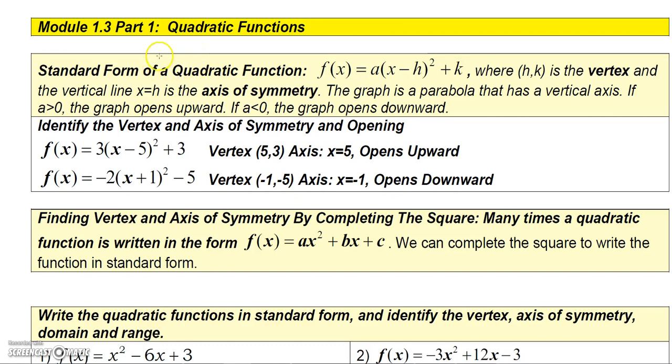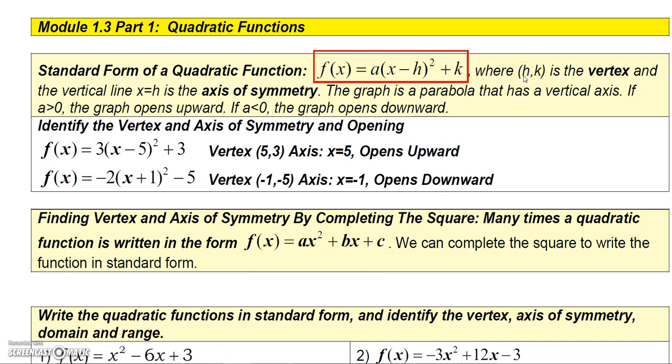Okay, this video is basically going to be called "What is a quadratic function?" So let me define a quadratic function. A quadratic function in standard form is given by this formula here, where you have some number a times x minus h quantity squared plus a constant k, and the h and k are actually the vertex of the quadratic